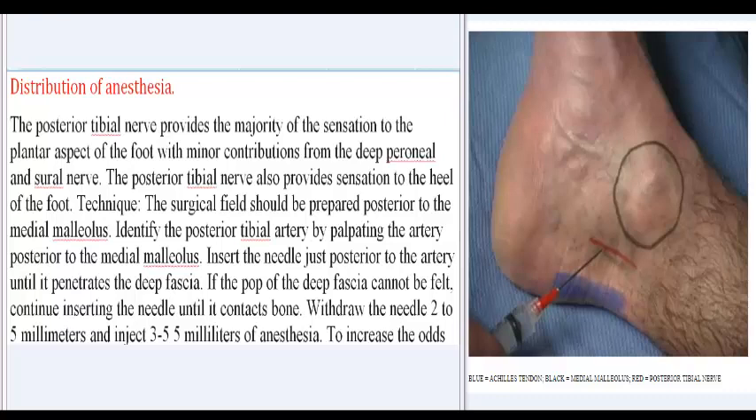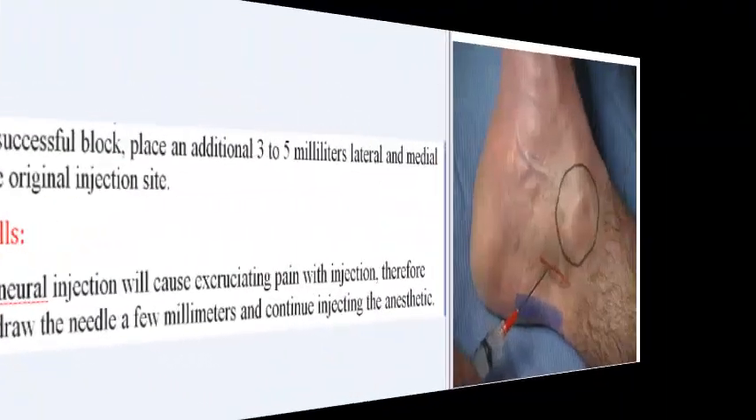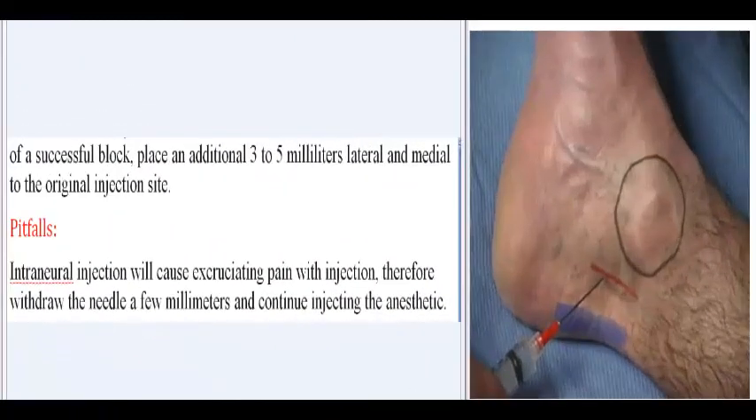Insert the needle just posterior to the artery until it penetrates the deep fascia. If the pop of the deep fascia cannot be felt, continue inserting the needle until it contacts bone. Withdraw the needle 2 to 5 mm and inject 3 to 5 ml of anesthesia. To increase the odds of a successful block, place an additional 3 to 5 ml lateral and medial to the